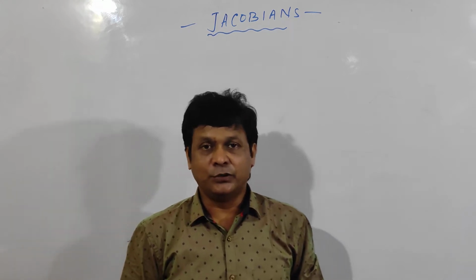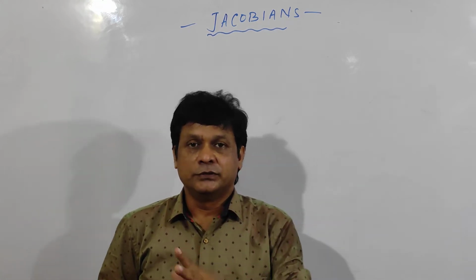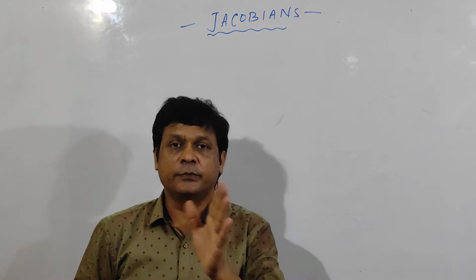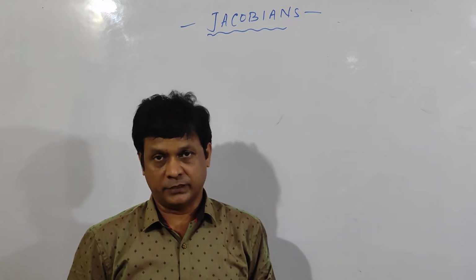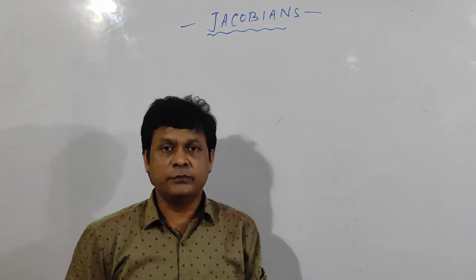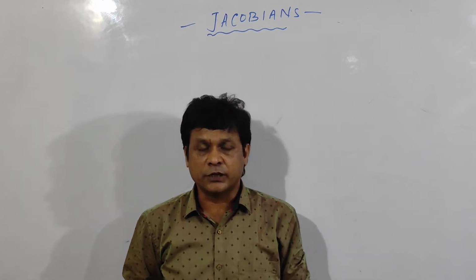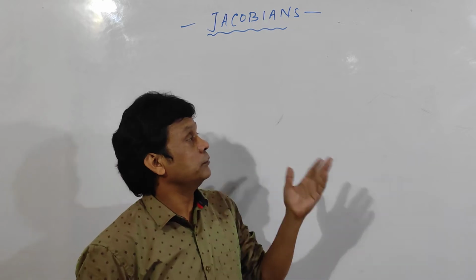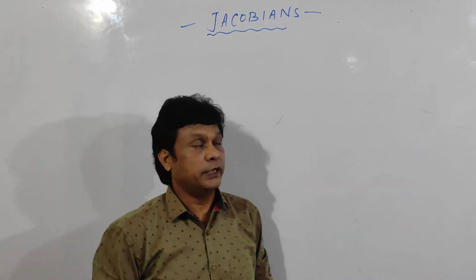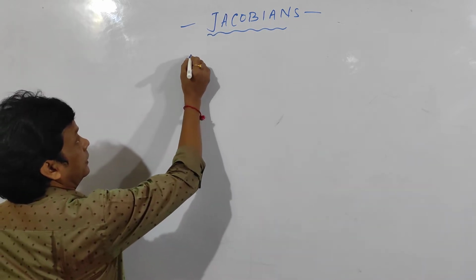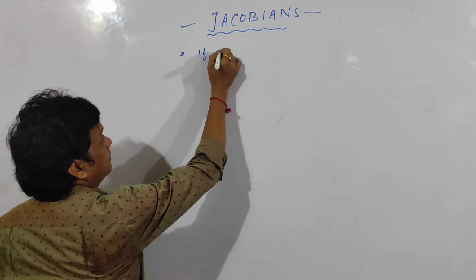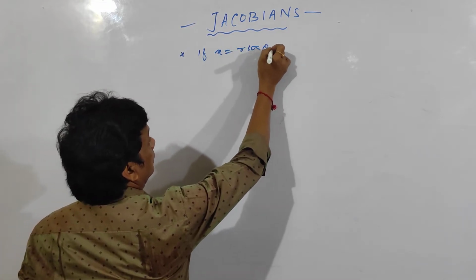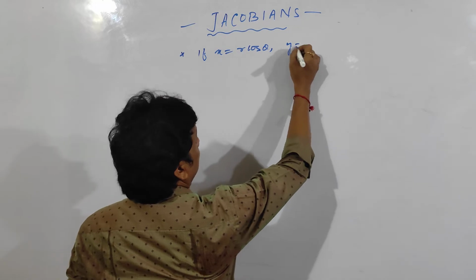Hello everybody. Today I am going to tell you about Jacobians. That means some examples upon Jacobians. In the last video I told you the definition of Jacobian and the properties of Jacobians. And today I am going to give you some examples. Okay, see here. First example, if x is equal to r cos theta and y is equal to r sin